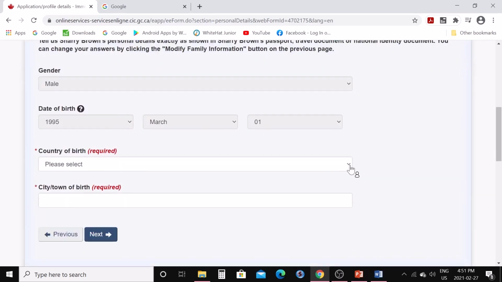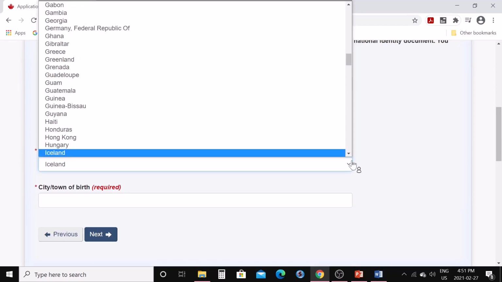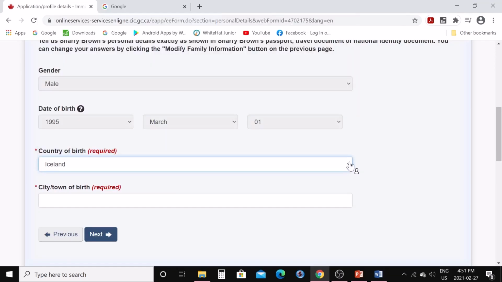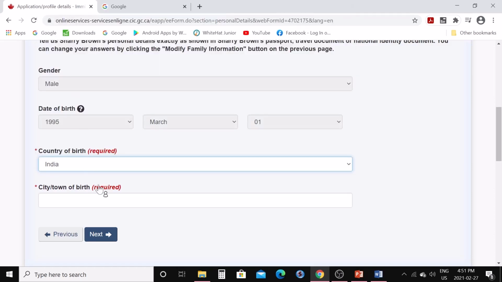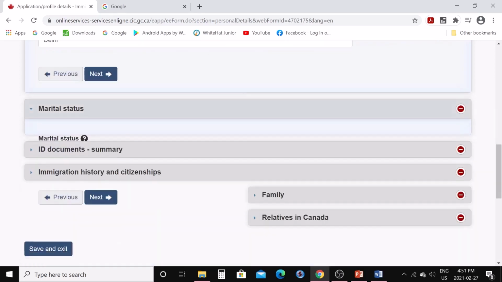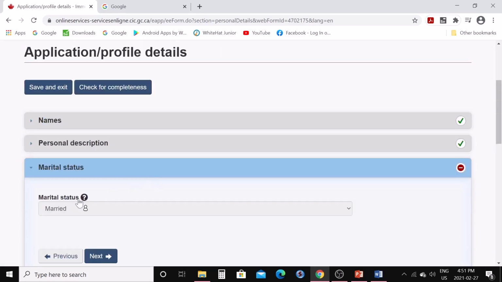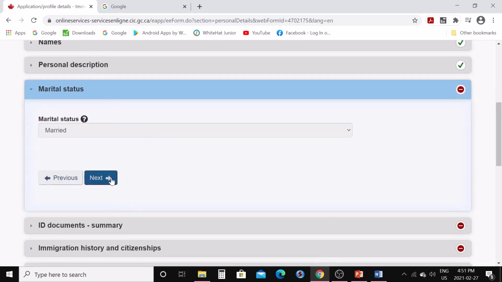So say next, check your last name and first name and say next, and then your date of birth and your country of birth you need here. So I will say maybe India, and city of birth you can write. Okay, and now you can say next. So here they said married, you already selected that. Next,